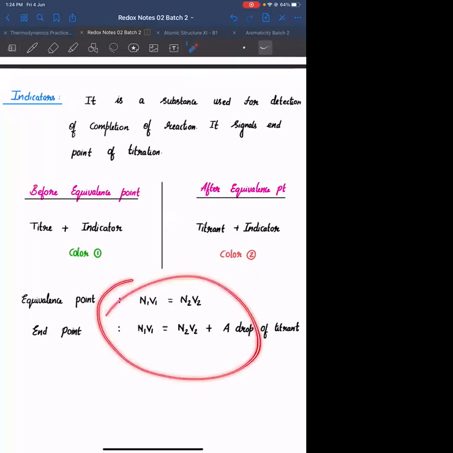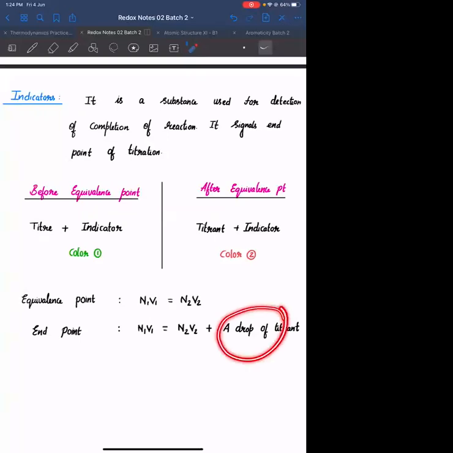Is this logic clear here? Yes, sir. Okay. The error in the calculation because of that particular extra drop will be very, very less. There will definitely be an error. Definitely. So while introducing the titrant, you should also be aware of how much you are adding. You need to put the titrant drop wise. Don't release so much all at once, because you may not know when the color has changed. You need to introduce the titrant dropwise and watch for the color change.